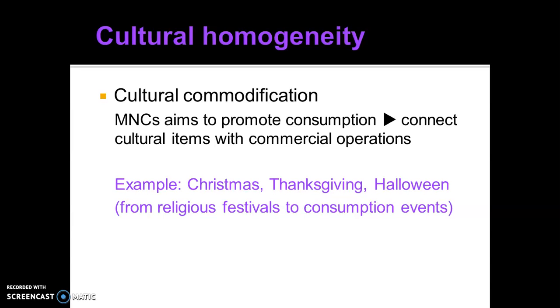So one of the strategies is that they will connect cultural elements with their commercial operations。紫色字啦，又有紫色字啦，我本 notebook 攞張紙寫低佢啦，呢啲 examples you can use in paper too。So Christmas, Thanksgiving, Halloween, originally they are religious festivals, but religious festivals when you go to the church, when you just go to pray, when you just go to memorize your ancestors, can this make money? No. So therefore, some of the MNCs they use these festivals and then they extract the cultural elements and then they try to combine with consumption events.